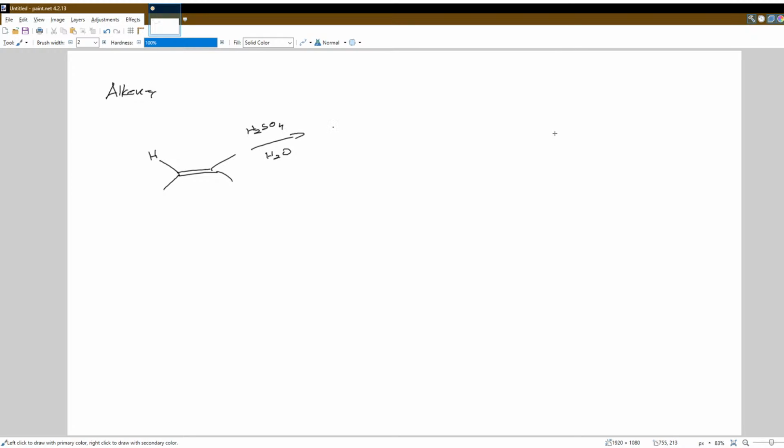Here, let's do it like this. That'll end up giving me... what will that end up giving me? It'll add it in the Markovnikov position. So it'll be something like this. Okay, is that right? Does that look right to me? The OH on the right-hand side. Yeah, because it'll add the water on the carbon. Okay, so yes. So that's